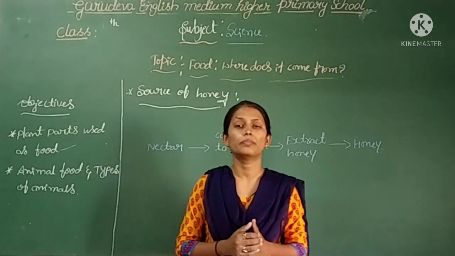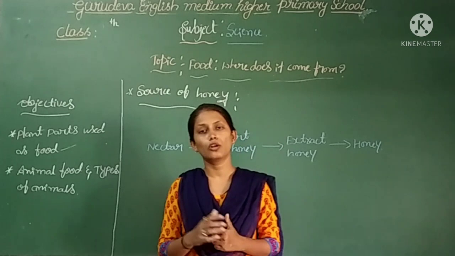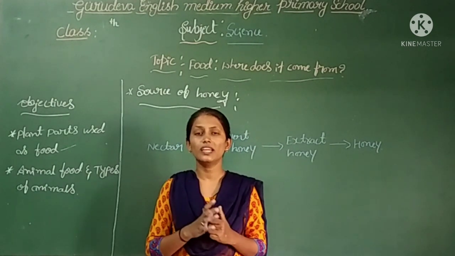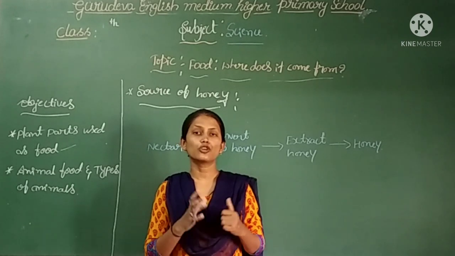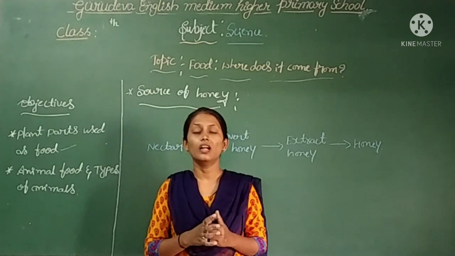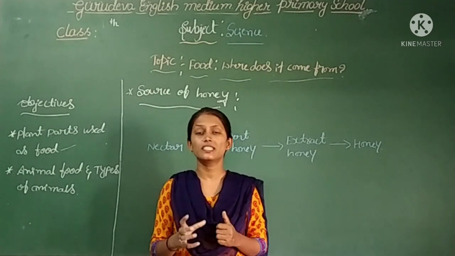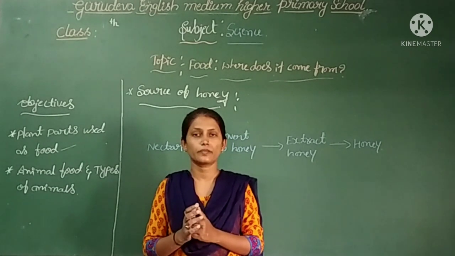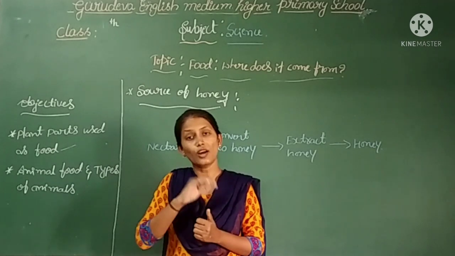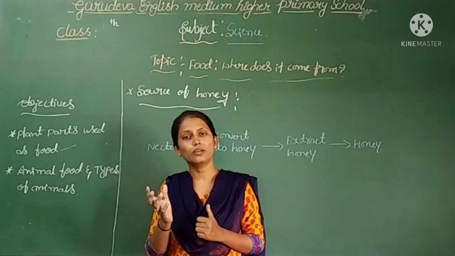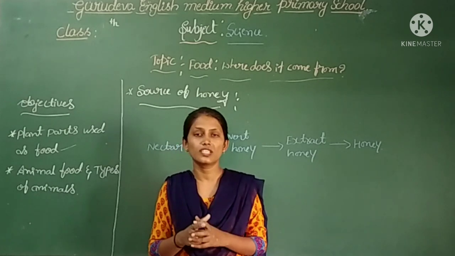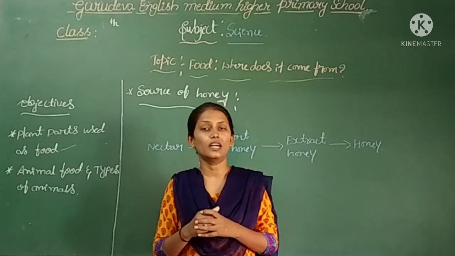The reason is very simple. Flowers are not available all over the year, right? Flowers are available only in certain seasons. So when the flowers are available in that season, the bees collect the nectar and store it in their hives. So when the flowers are not available, or in the cold months, the bees get the nectar from the hive and also use the nectar for their young ones.